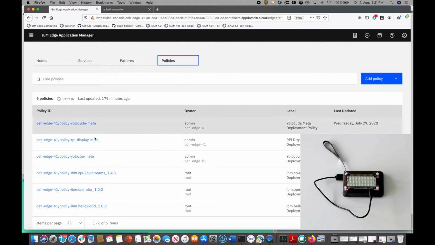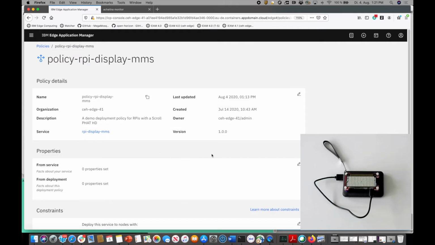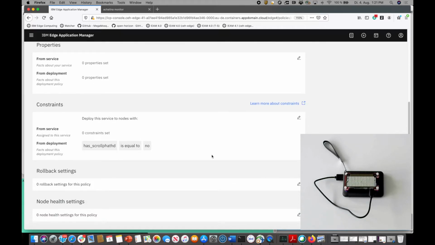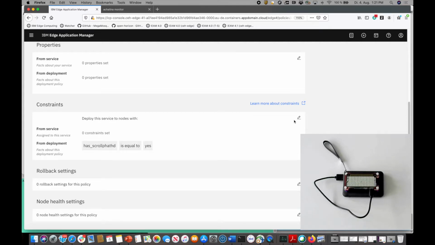Now let's switch to the policies, my deployment policies. I'm going to open this policy, which is going to deploy a service to my Raspberry Pi Zero, which is capable of displaying messages based on file contents. In order to do so, I'm now enabling the constraint to set has scrollfed HD equals yes, which means all devices which have this property will now receive the payload, the Edge service,